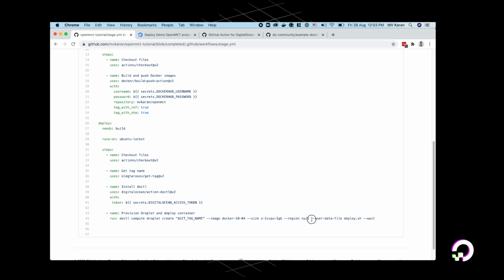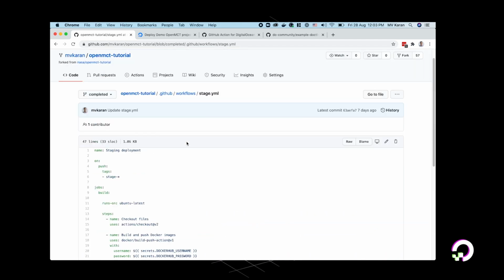I'm also passing a user data file with the deploy script, so that once the droplet is ready, the user data can be run, which will basically pull down my container image and then start a container with it. And I'm also passing the wait flag. So let's go ahead and create a new tag and trigger this workflow and then see what happens.